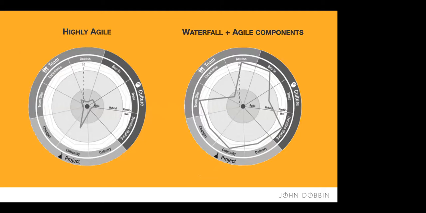So a highly agile project is where, when you answer those questions, it clusters towards an agile type of project, whereas the one on the right, a lot of the things are waterfall, but there are some things which suit agile. So we might be able to do some prototyping in agile, or run some meetings or some of the development in agile types of ways.